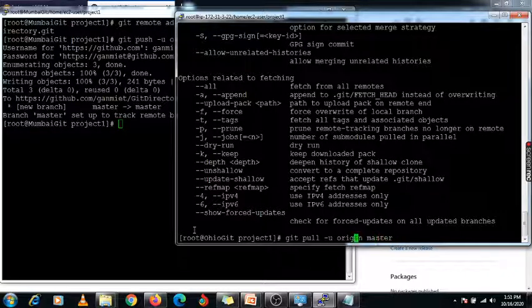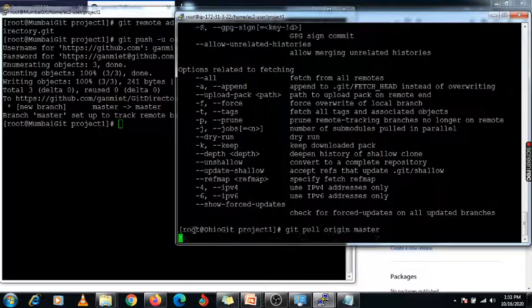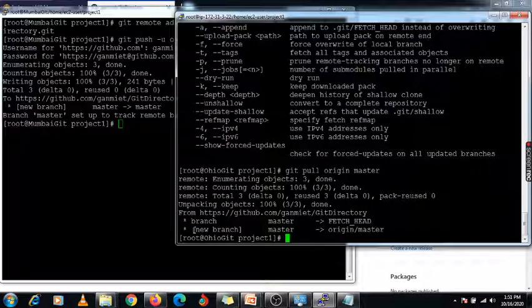I'm just checking the hyphen u option. Okay, now it is going to pull out. So the code which I have written, copied under this central repository, is now pulled out using this command on my other machine.